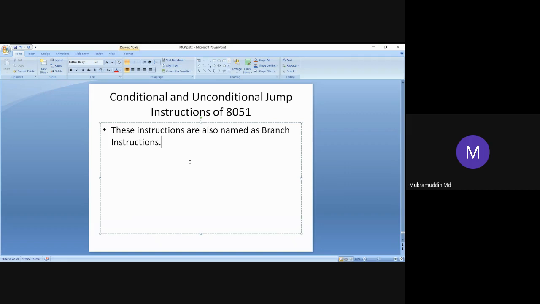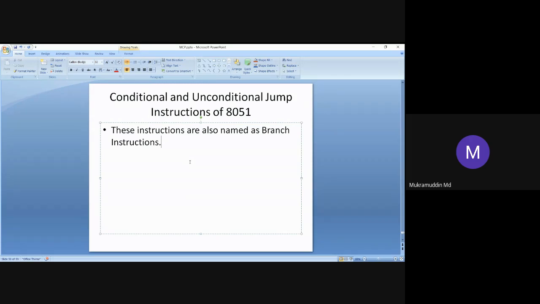First, let us know what jump instructions are. Suppose there is a program with some 10 instructions. The processor has executed the first instruction, then the second instruction, and when it is executing the third instruction, the third instruction is a jump instruction.